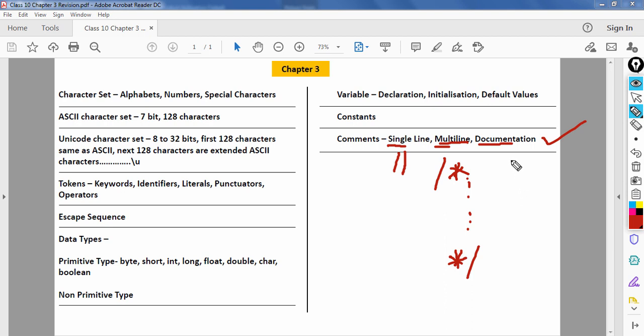And documentation comment is used for writing documents. The documentation represents the working of your program. You write detail of your program in the code itself. In that case you will be using forward slash double asterisk, and when you are done you can close it. So these were the three kinds of comments.